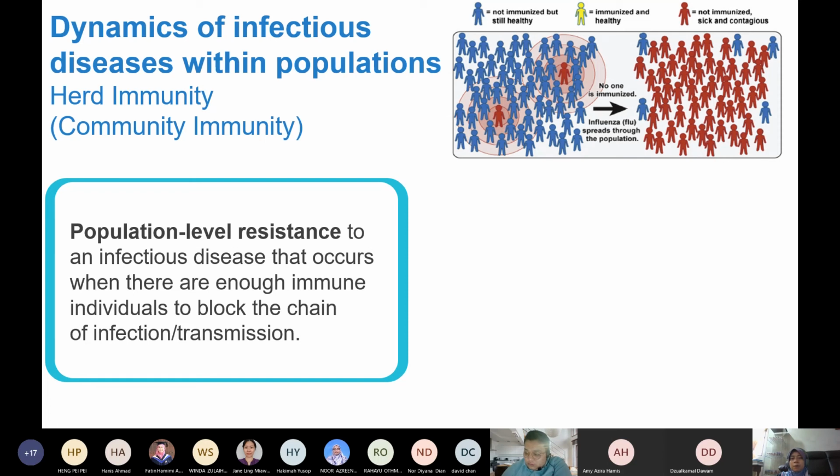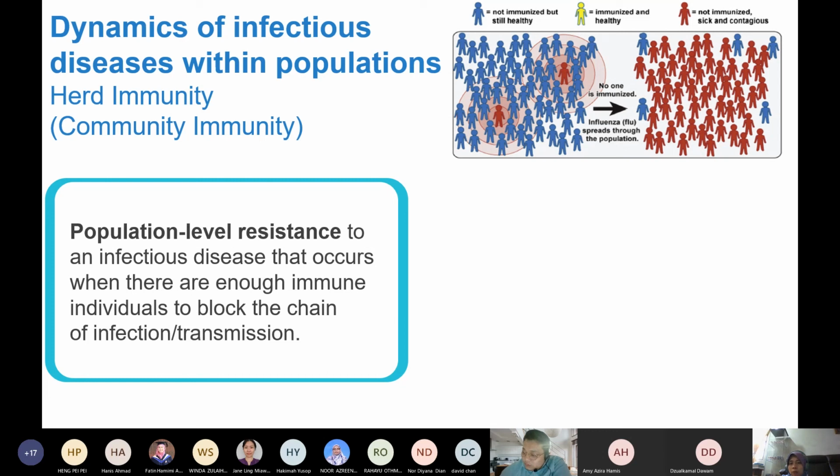Okay, let's say this is an example of influenza. If only certain people get vaccinated, it still isn't able to protect the whole population because it's very widespread. We want herd immunity, where many or the majority of us get vaccinated, whether actively or passively. So that the susceptible person, the blue one, is far apart and is protected by the